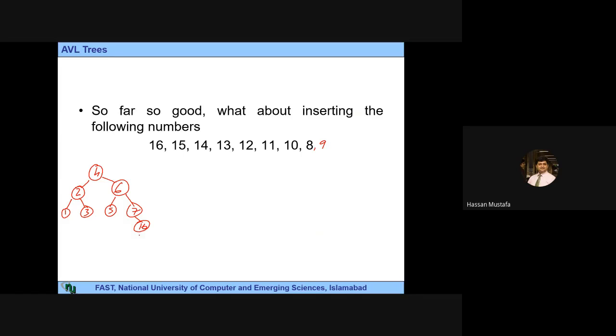ठीक है जी। अब ये कोई भी केस हो सकता है, ये सिंगल रोटेशन का भी हो सकता है, डबल रोटेशन का भी हो सकता है, और हो सकता है कि ना कोई डिस्टर्बेंस आई हो। सो लेट्स चेक। ये तो क्लियरली नजर आ रहा है कि लेफ्ट और राइट की हाइट में 1 का डिफरेंस है। यहाँ पे भी क्लियरली नजर आ रहा है कि लेफ्ट और राइट की हाइट में 1 का डिफरेंस है। लेट्स चेक 4। 4 की लेफ्ट सब ट्री और राइट सब ट्री की हाइट में भी 1 का डिफरेंस है, सो इट्स अ बैलेंस ट्री।